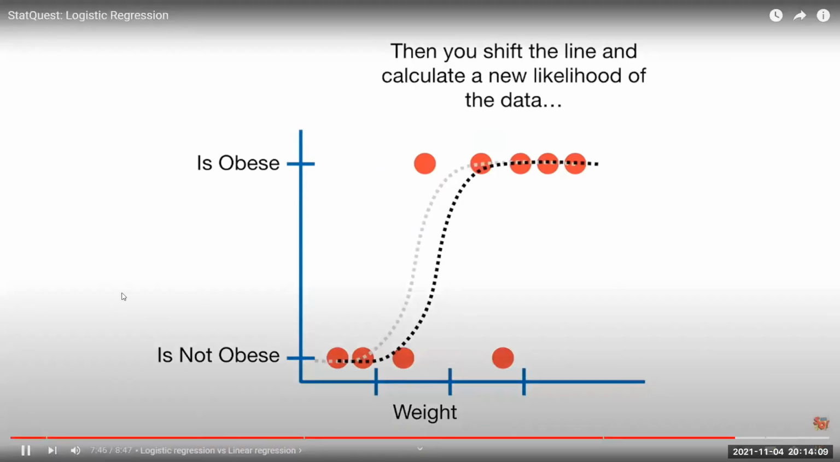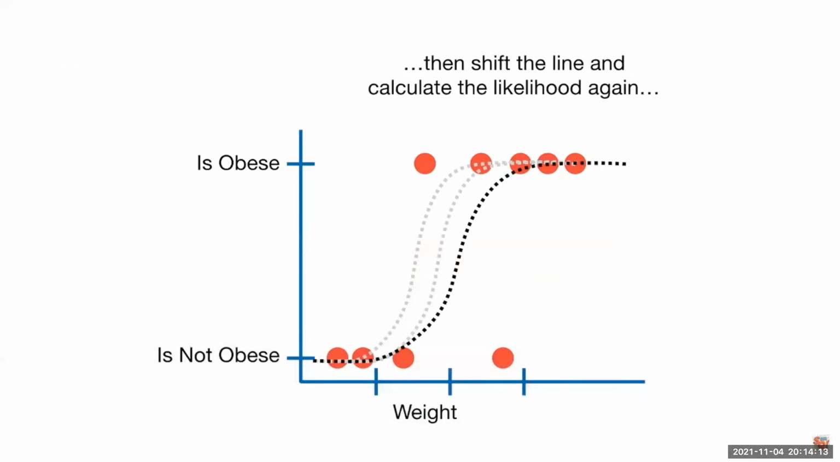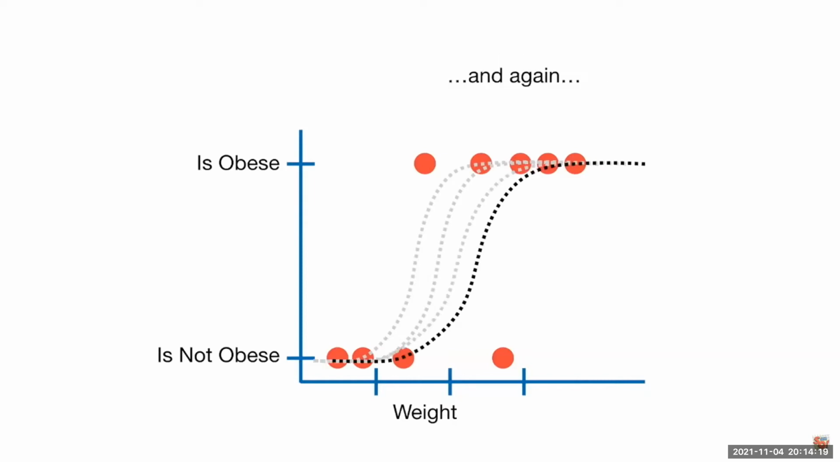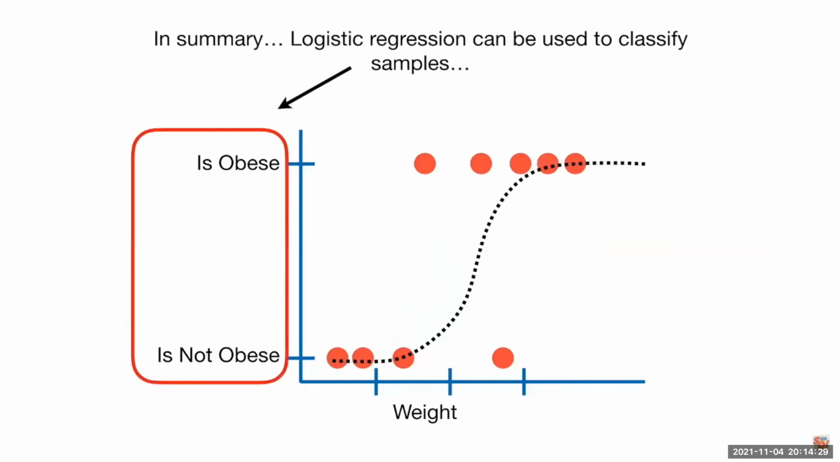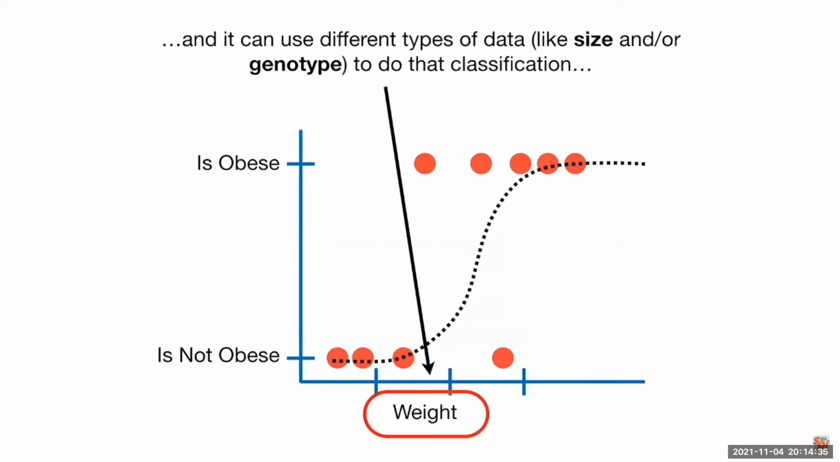Then you shift the line and calculate a new likelihood of the data. And then shift the line and calculate the likelihood again. And again. Finally, the curve with the maximum value for the likelihood is selected. Bam! In summary, logistic regression can be used to classify samples,